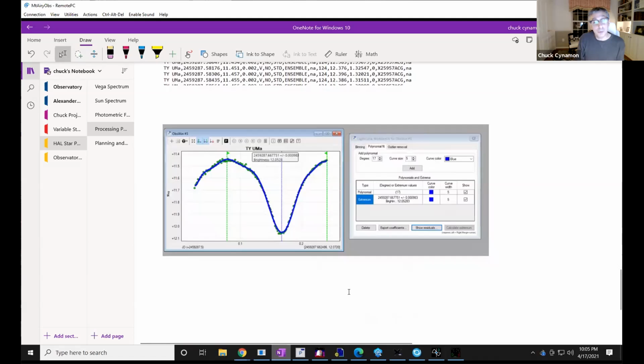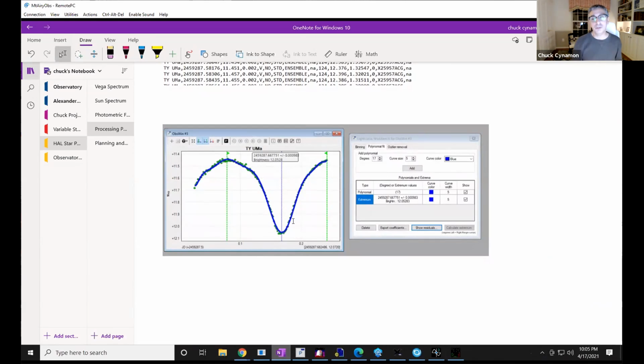Now, I run another program called Peranso, which then takes this report and you get a light curve from it. And then I actually modeled the light curve with a polynomial. That's what the blue is, to fit a polynomial, because what I'm trying to do is understand where the minimum point was.